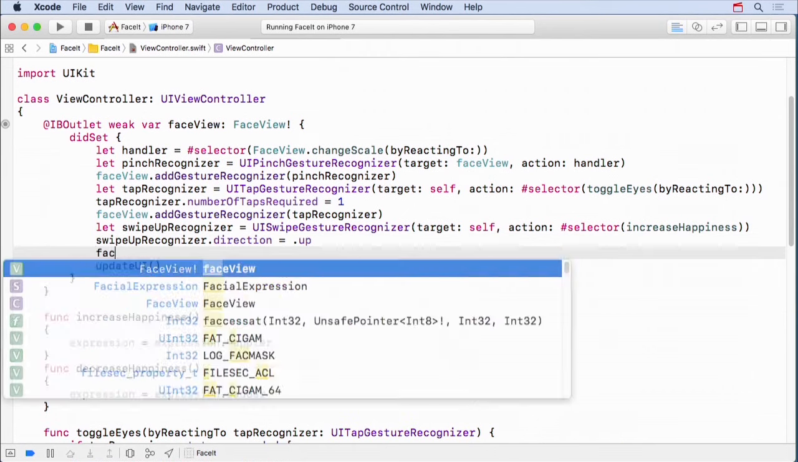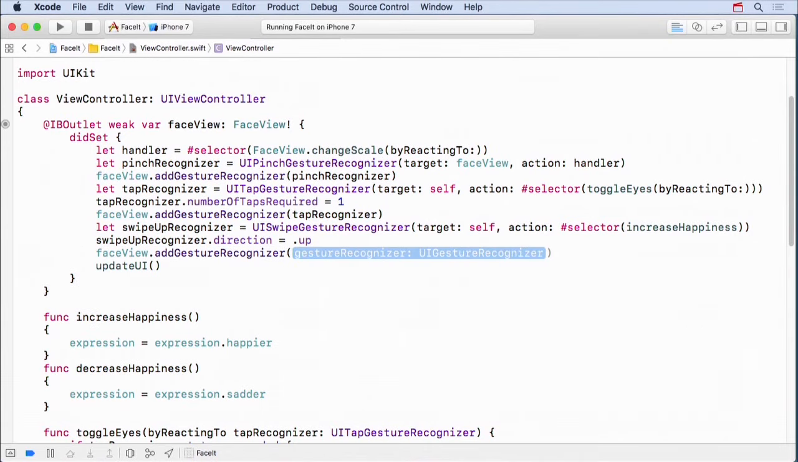And now I'm going to add it. FaceView.add gesture recognizer, the swipe up recognizer. And since swipe down is so similar, I'm just going to copy and paste here. Copy, paste. And we will change swipe up to be swipe down. Copy, paste. And of course, the direction here now is down, and it's decrease happiness instead of increase. Okay, so I've added these two recognizers, up and down swiping, and they're going to increase and decrease our happiness